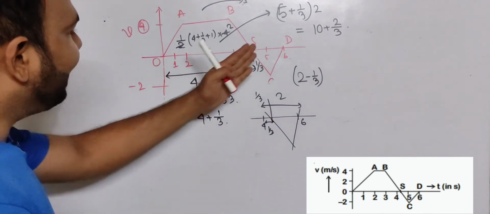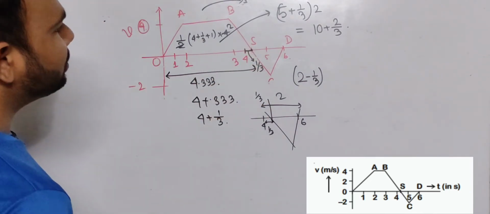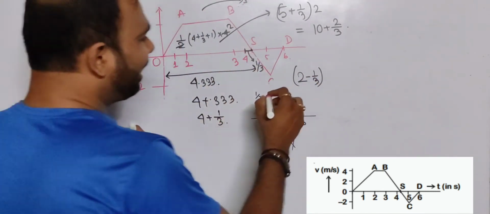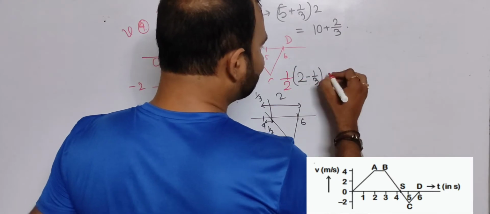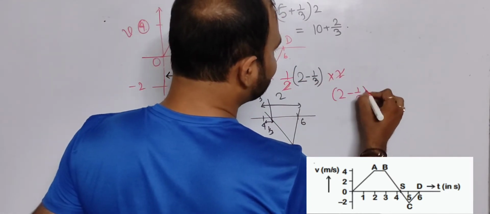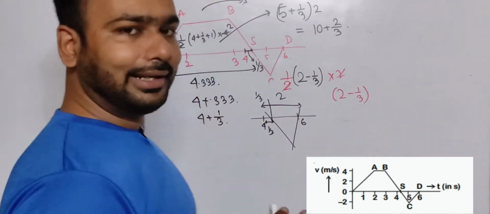Now what is the height of this triangle? The height of the triangle is 2. So what is the area of the triangle? Half into base into height. Half into base into height. 2 gets cancelled out. So 2 minus 1 by 3 is the area. So we have to find the